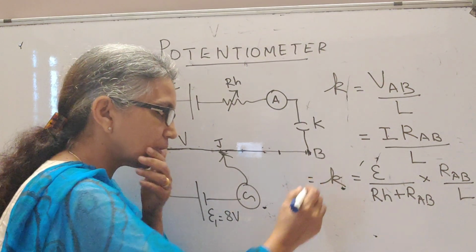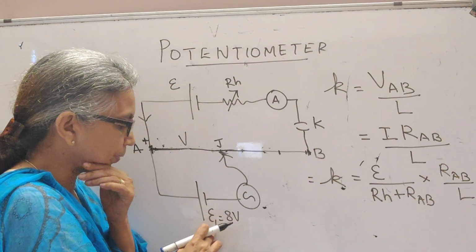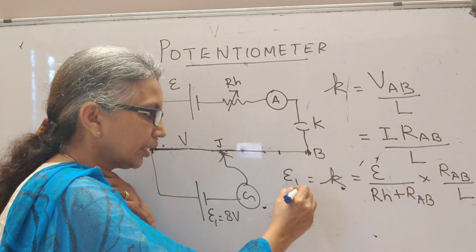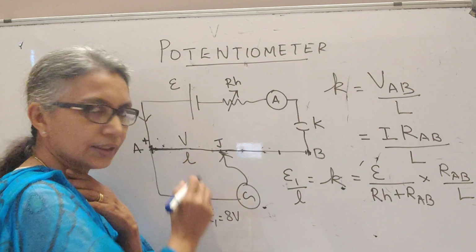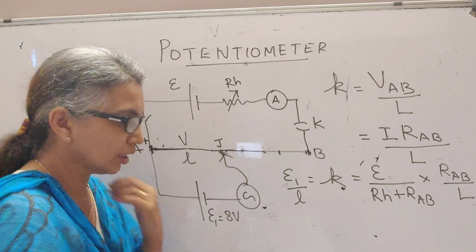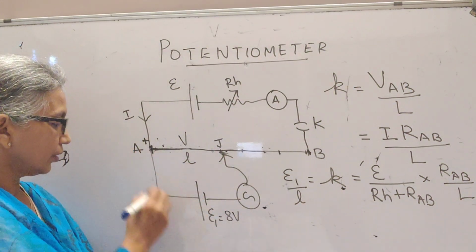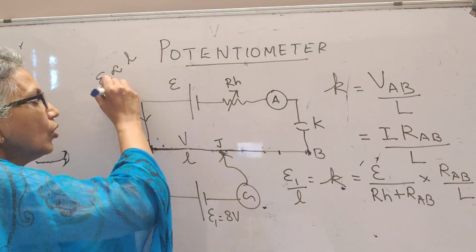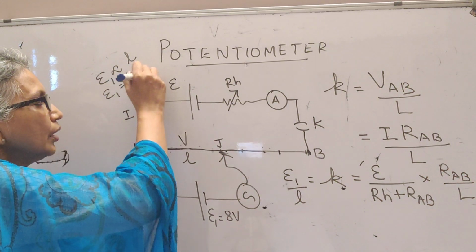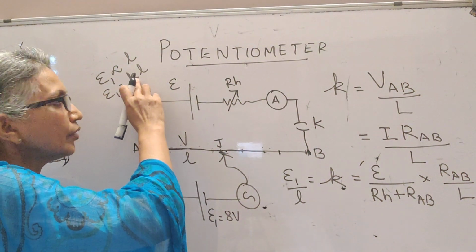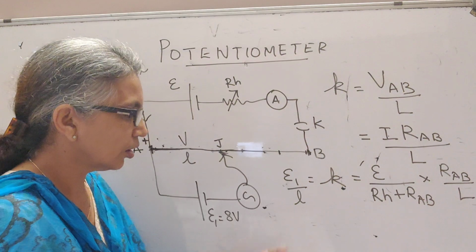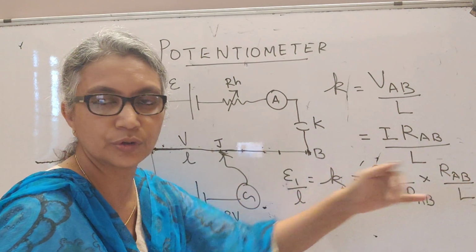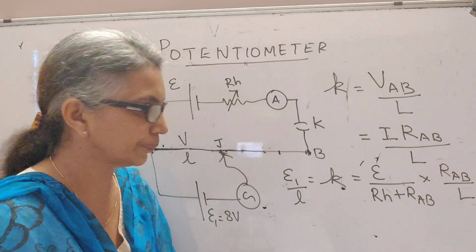K we also know is equal to, suppose you're balancing this EMF, then we know this is E1 by L1 or whatever is the balance length here. Did you get what I said? Because this we wrote as E1 proportional to L or E1 is equal to KL, right? So from this K value I can get E1 by L, or that is also from the primary circuit I got this value using VAB by capital L.